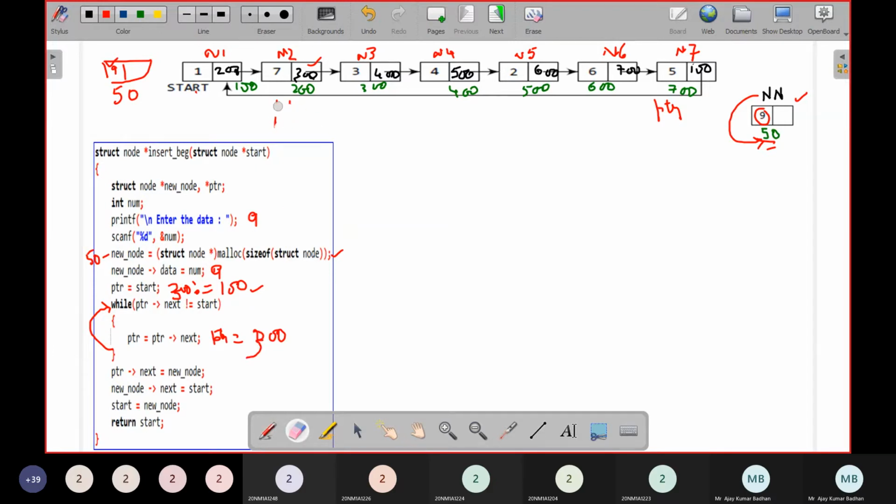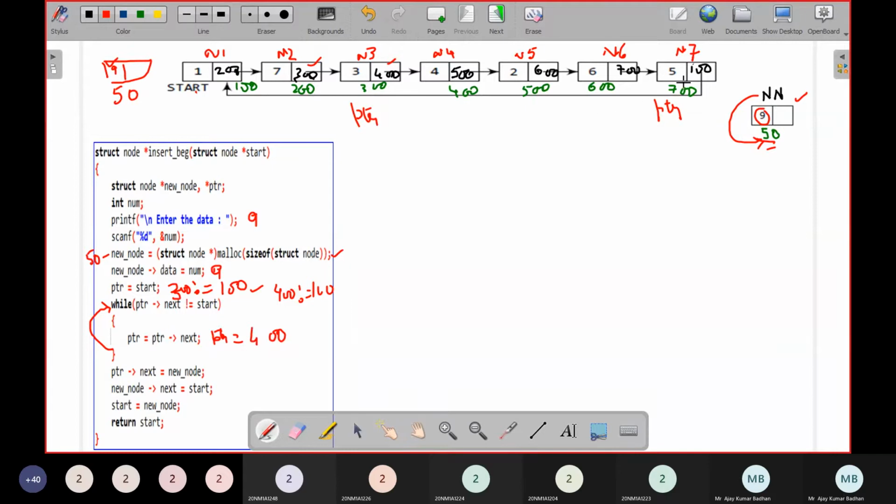Now the pointer will shift to the next node. Again the same condition. What is the address in pointer next? 400. 400 is not equal to 100. The condition is satisfied, so pointer equal to pointer next, and this time it will become 400.